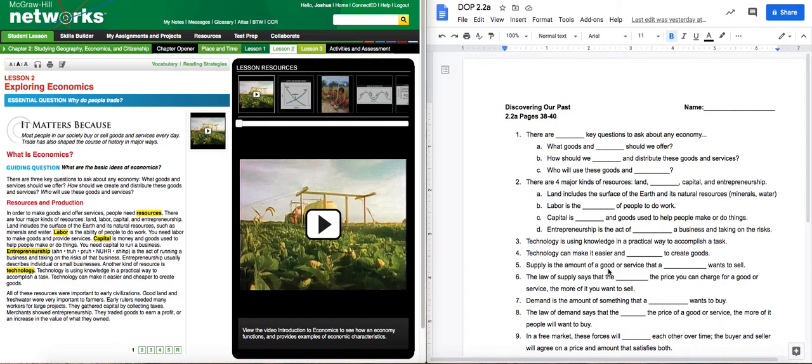The difference between goods and services, guys, goods is a product you have. Services is something they provide for you. So I go to the store and I buy a pair of shoes, that's a good. Bob comes and mows my lawn, he's providing me a service. I don't get any goods from him, I just get a mowed lawn, that's a service.